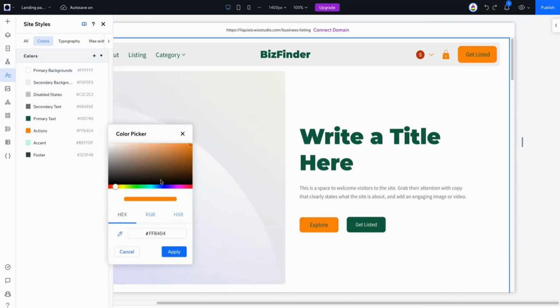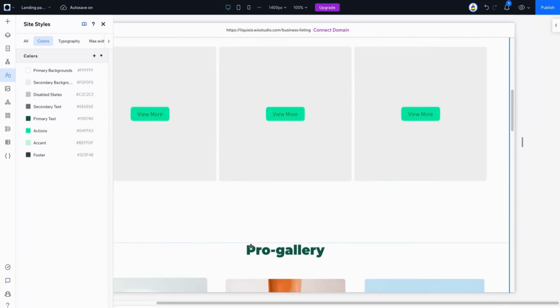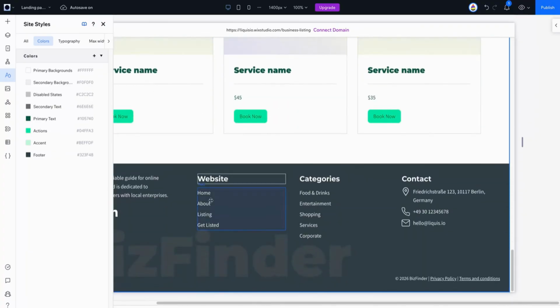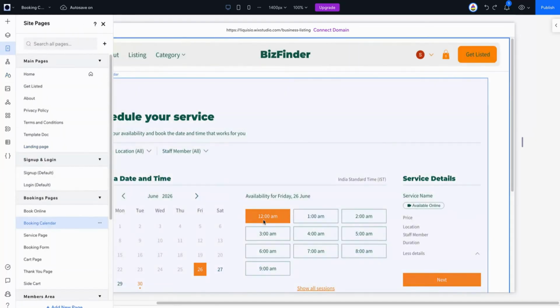Let's see it in action. As I change Color 6, notice how the primary buttons update instantly. You'll also see links and other action-oriented elements adopt the new color. Many Wix apps follow this pattern as well. In the Wix Bookings app, for example, action buttons and interactive controls often inherit Color 6, helping create a consistent experience